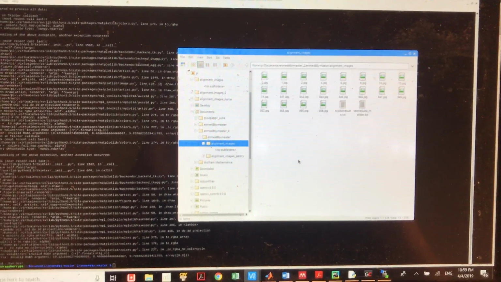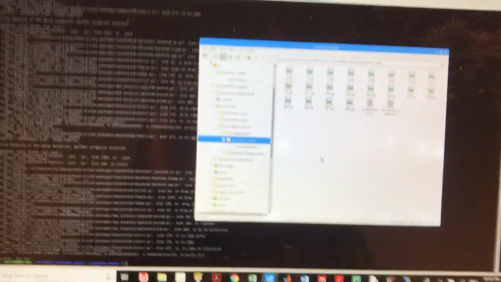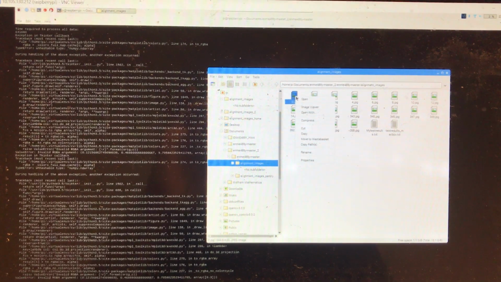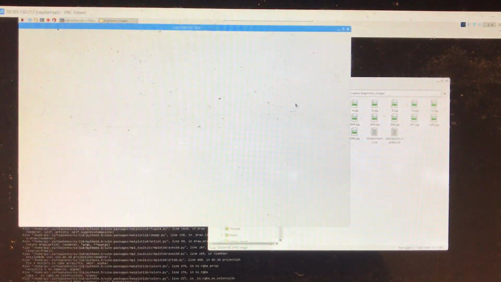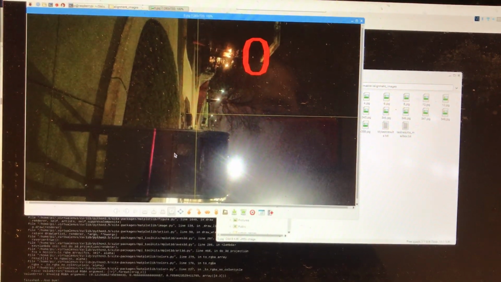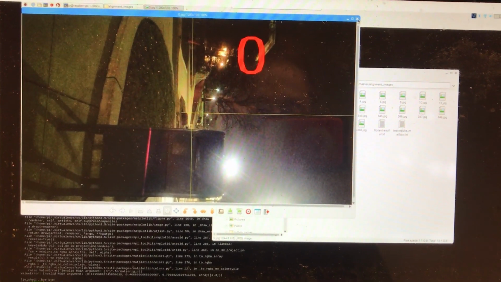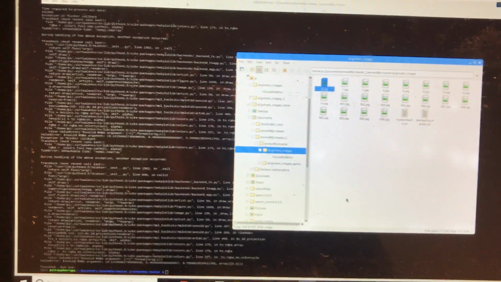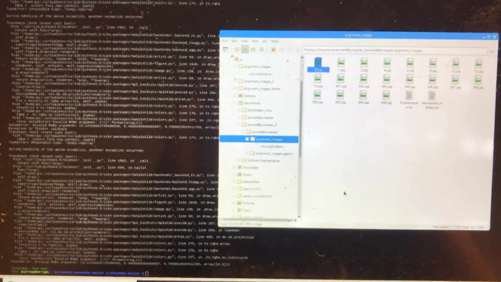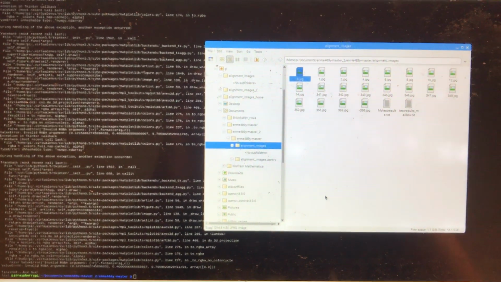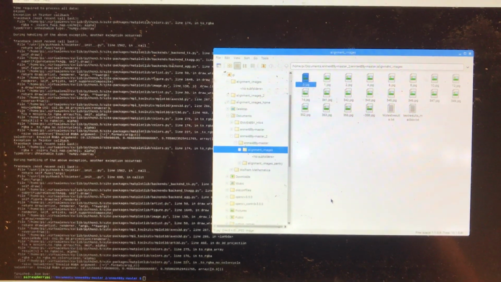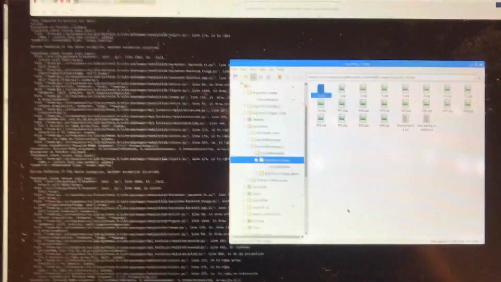Alright, so now we just took our JPEG files of our mailbox. Here's an example right here. So you can see here's the mailbox, here's the red laser, it's at 0 degrees. And now what we're going to do is take those pictures, and based on their angles, we're going to use